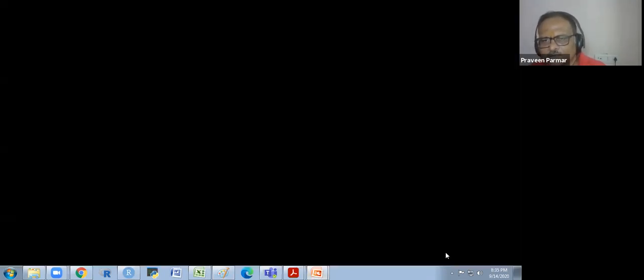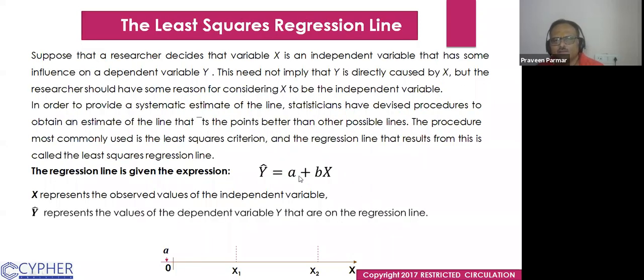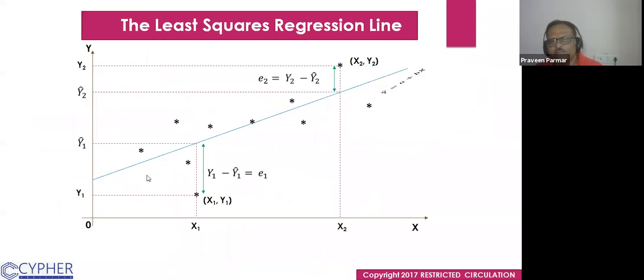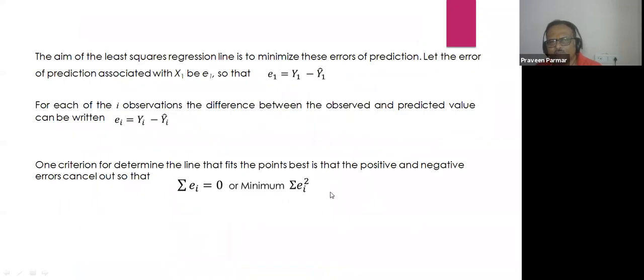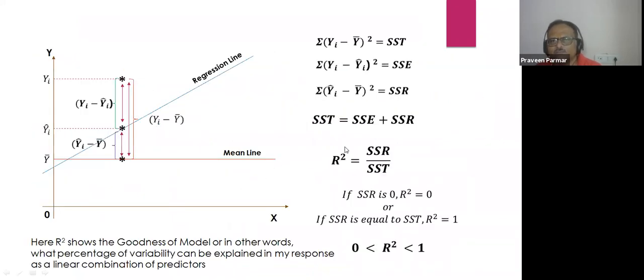Now you could better understand these PPTs. You know that I have written there the run x2 minus x1, y2 minus y1. This is the slope b we are getting here. And this I have explained earlier, and this also I have explained. Everything here I have explained there. And this is the R square, which I am going to explain now.